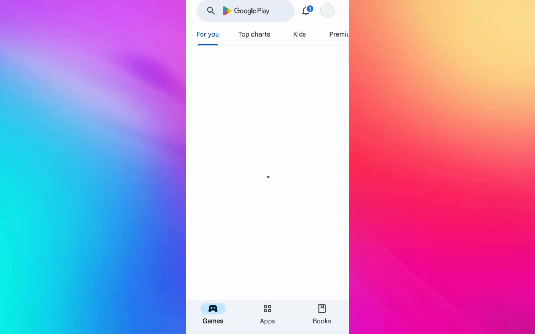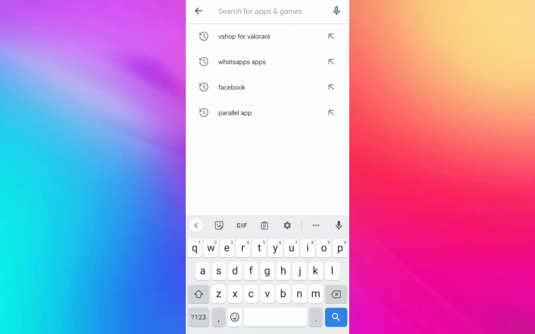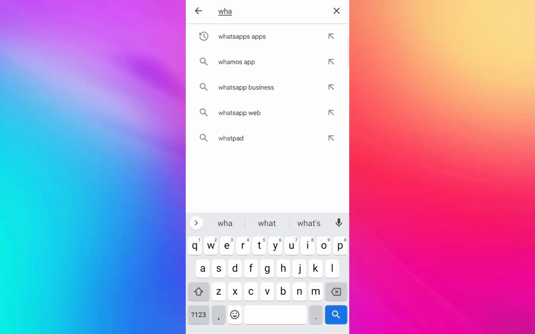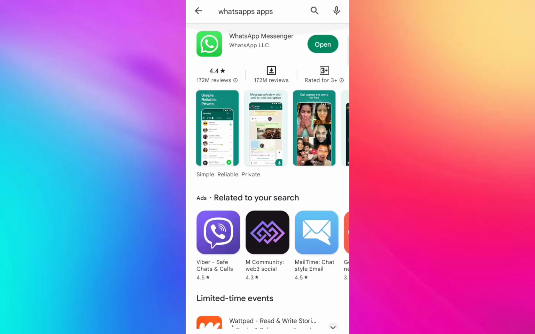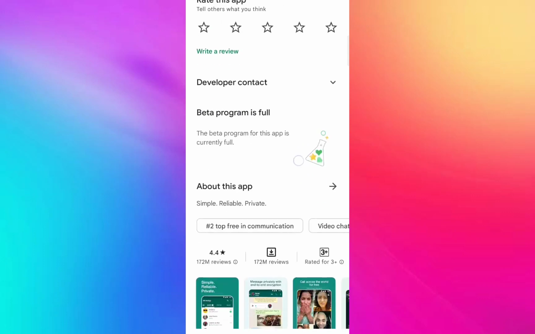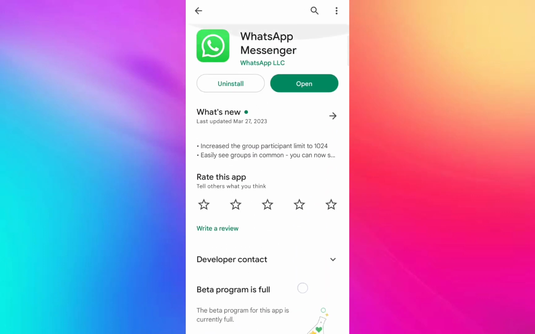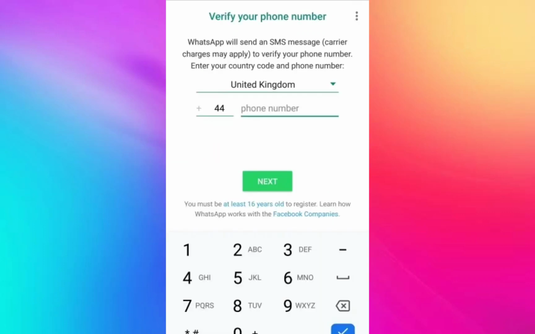So what we're going to do is head on to your Play Store and search for WhatsApp. Just make sure that your WhatsApp is updated. Once you have seen that WhatsApp is updated, just go onto your WhatsApp, and in the other phone just